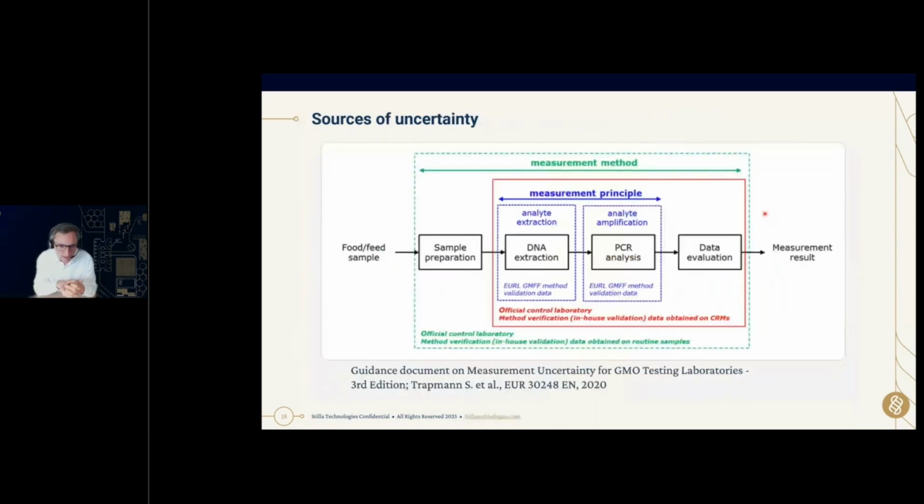So how can we now get uncertainties inside of our measurement? You see that basically everything adds a bit of uncertainty to our sample. The sample preparation, you might got it already with the mixing of the sample. The DNA extraction itself can be a source of uncertainty. And well, let's say the PCR analyzers, this is something which I have at least in my hand, because I know that with the PCR analyzers, we can be very